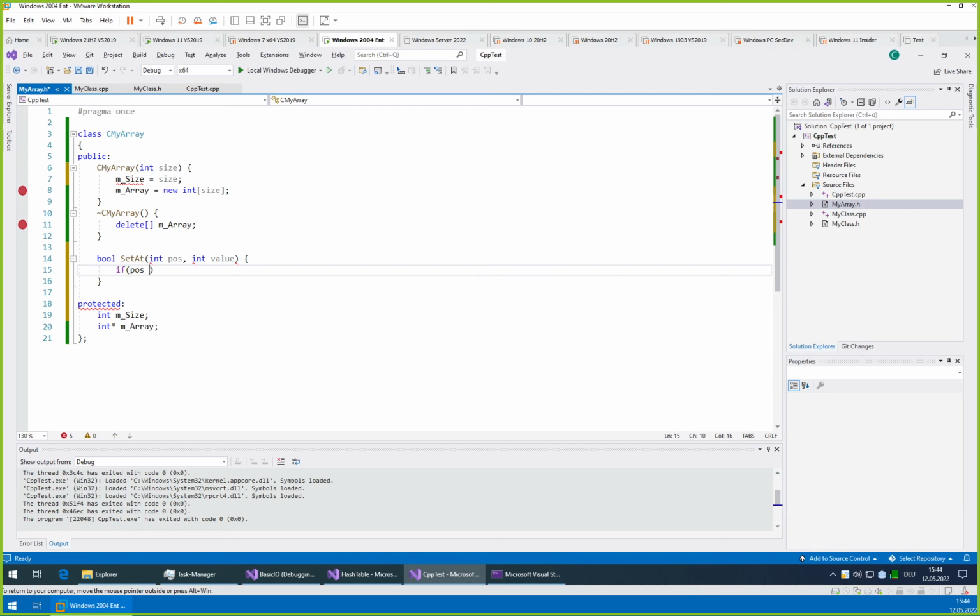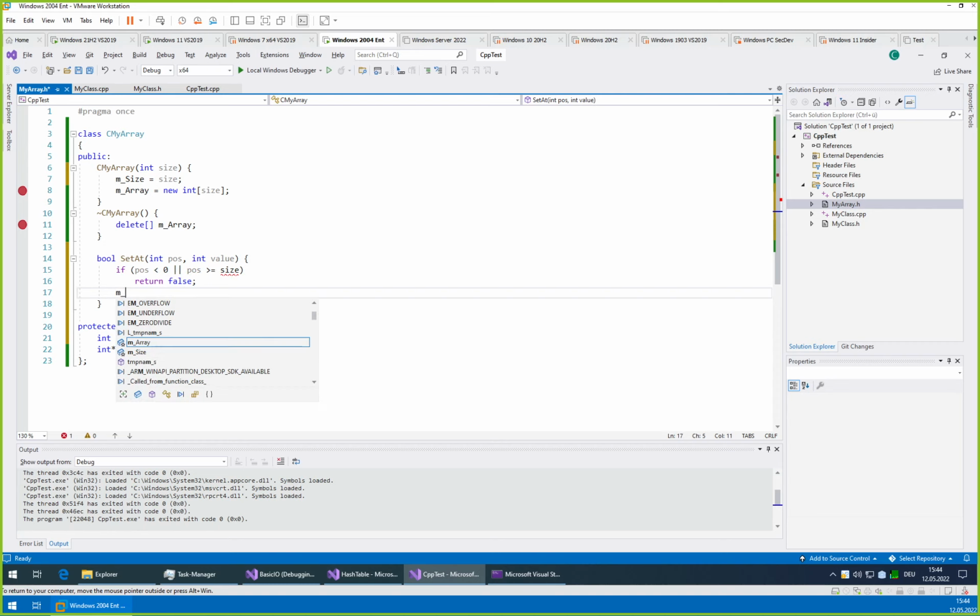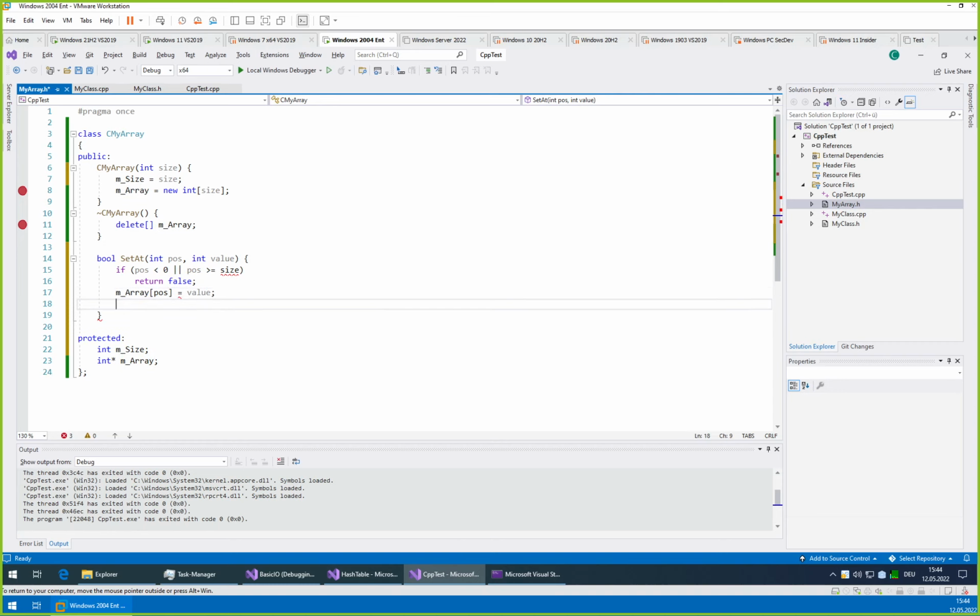If pos is smaller than 0 or pos is greater or equal to size, return false. Else the array at pos equals value, and then return true.